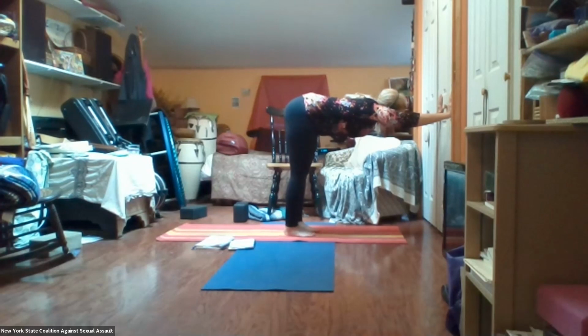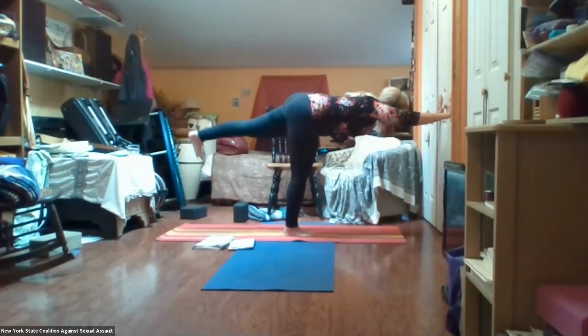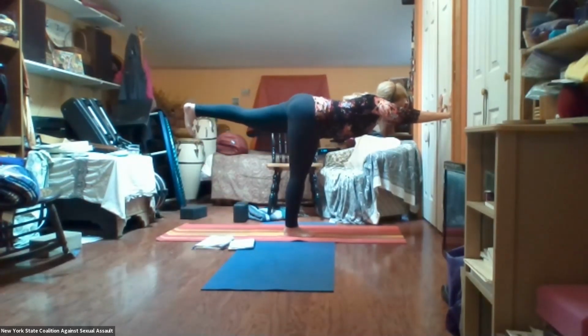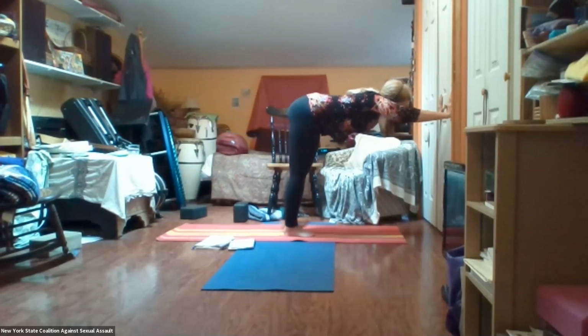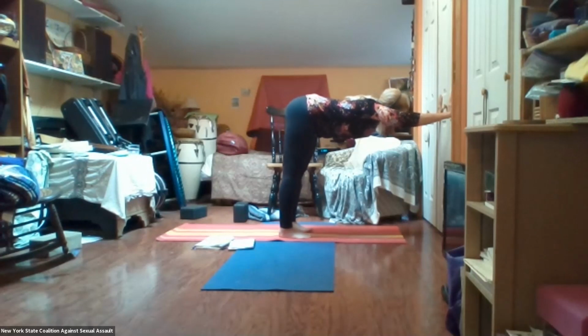Then we're going to just lift the left leg at hip height, pressing the heel away, finding strength in the standing leg. Try to level the hips out so the raised hip is not any higher than the standing hip. The chest is open and lifting and expanding with your breath. And then lower that leg. Find that even